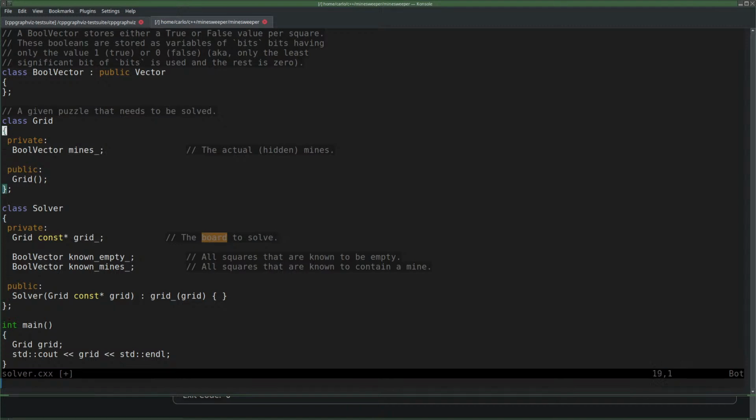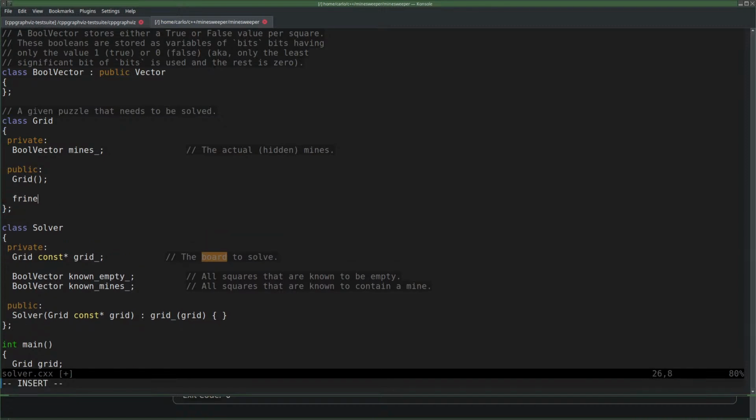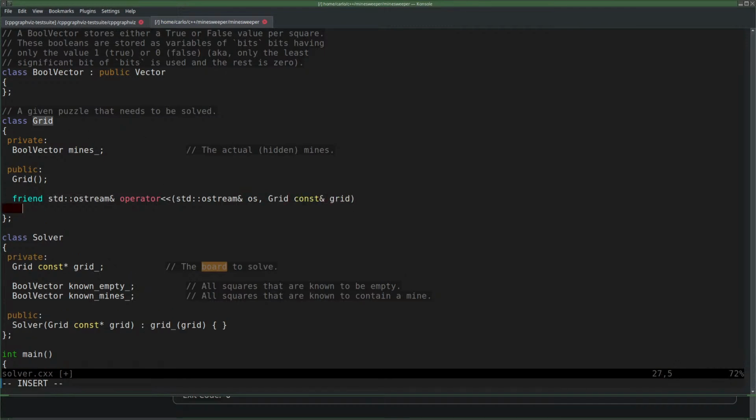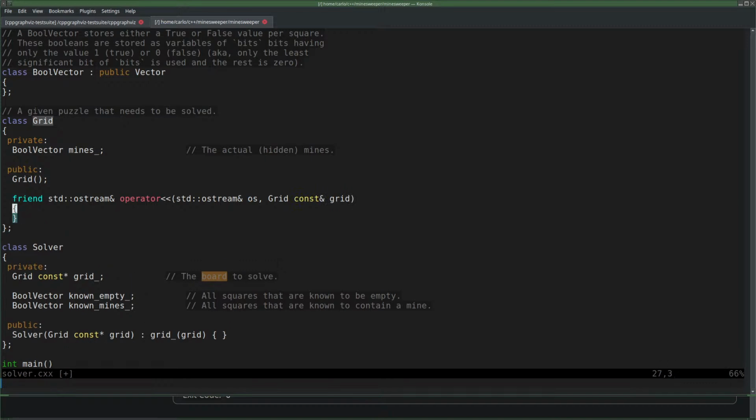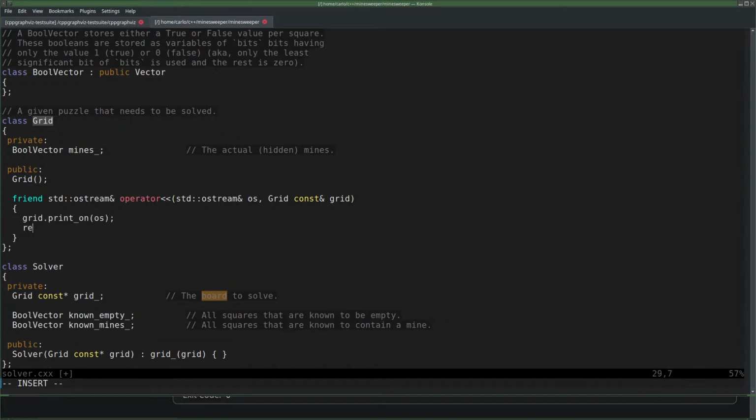Now, printing a grid means that we need a friend operator less than, standard stream reference operator, the same thing. OS comma grid, const reference grid. Always very lazy, just calling grid dot print on OS there,